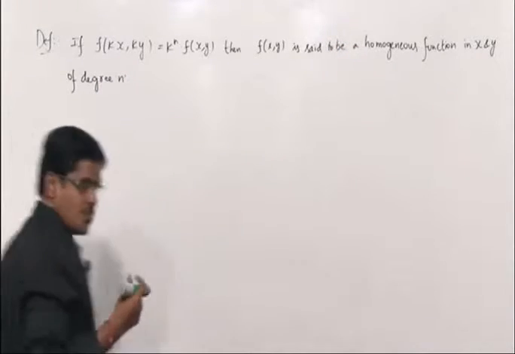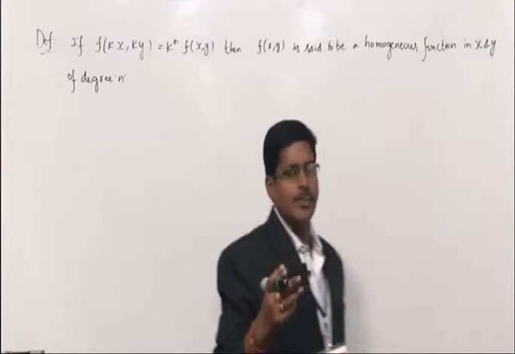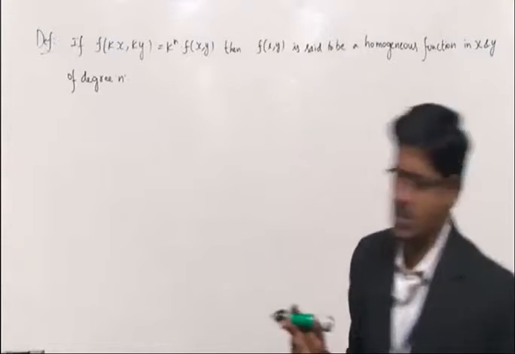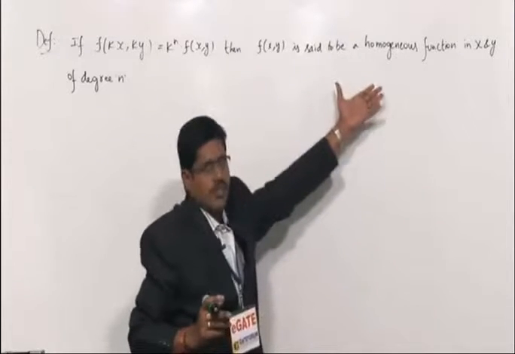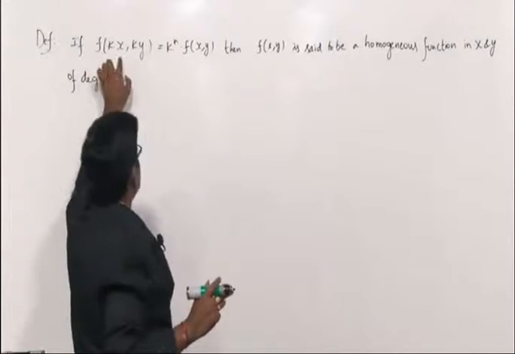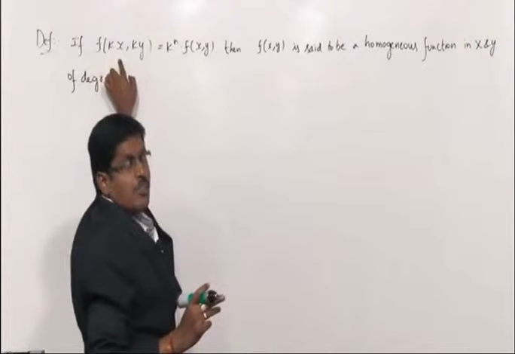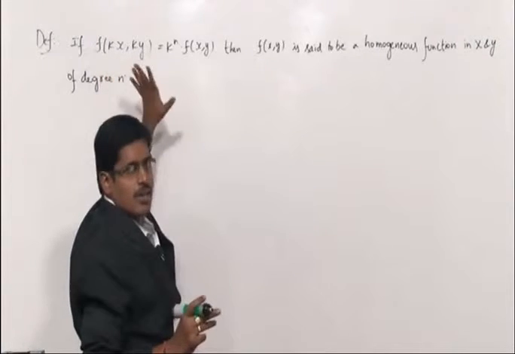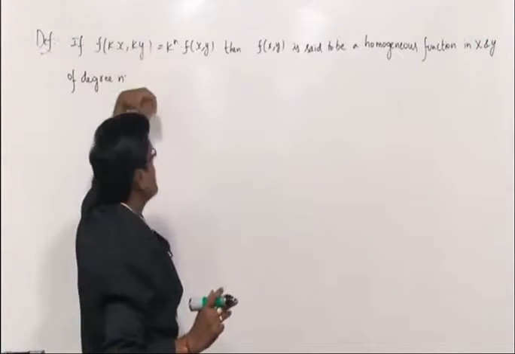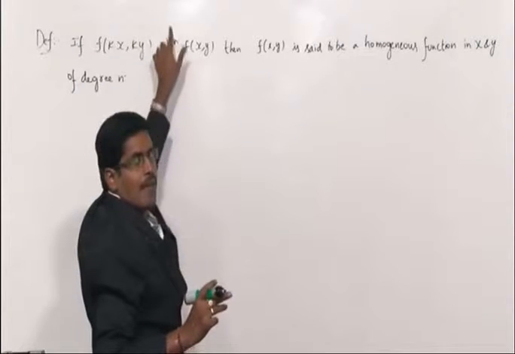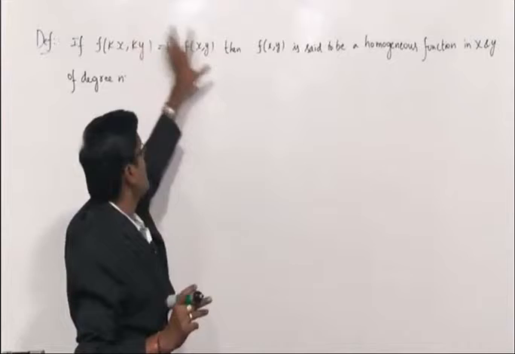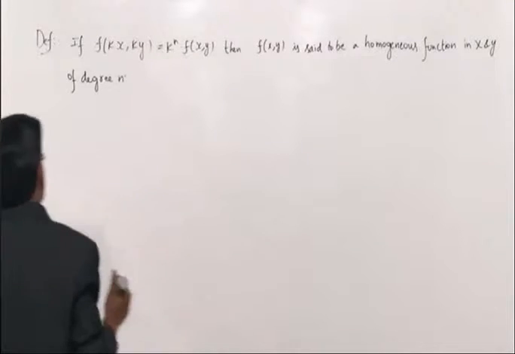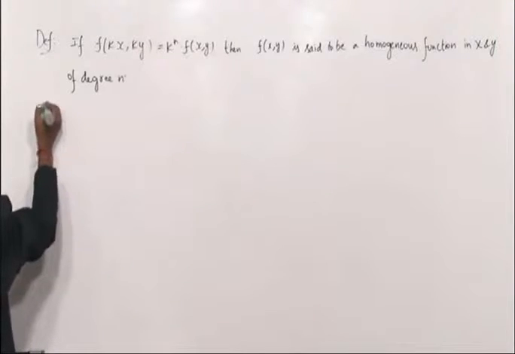See, that is, each term is of the same degree. That expression is called a homogeneous expression. Let us take a two variable function. To say that a two variable function is a homogeneous function of some degree n, just replace x, y respectively by k into x, k into y, where k is a constant, and then simplify. If you get k raised to n into the given function, this n is called the degree and this function is called homogeneous. Okay, next,